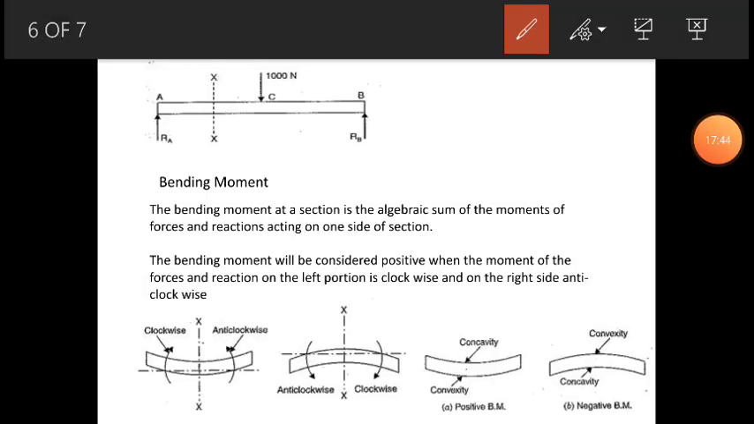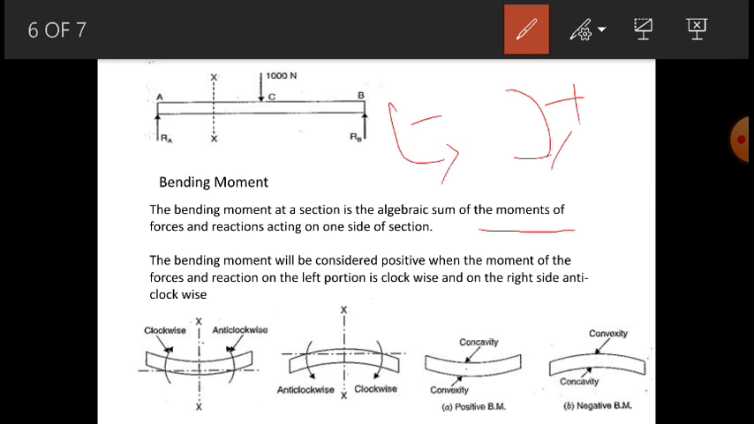Now going next to the bending moment. So what is bending moment? It is the algebraic sum of the moments. You can write the sign conventions for the bending moment in two ways. If due to the load the moment is clockwise, then it is positive, and if it is anti-clockwise, then it is negative. Or one more way we can say that,